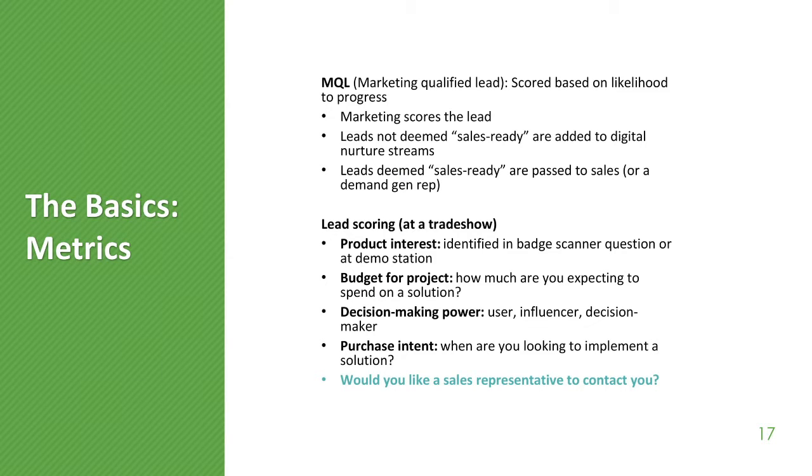At a trade show, the way that we have in the past set up our lead scoring is four key questions, and then that fifth big one that I just asked you. The first one is product interest. Maybe you work for a company that has 897,000 products. I used to work for Fortune 500 companies that have so many products. How can you possibly know what people are looking for there in the booth? But capture that product interest in the digital form or in the scanner.